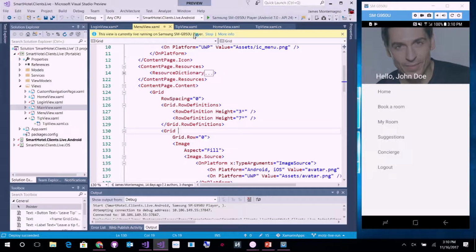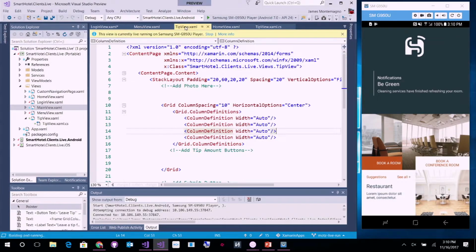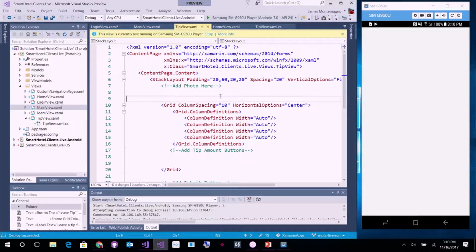So this is my menu view. If I go to my home view, we now have it inside of Visual Studio that it'll automatically change context based on what XAML file you're looking at. So I'm going to go over to this tip screen, and it looks very generic at this point. So what I want to do is put a profile photo. I want to put some message in there to leave a tip, and I want to add some buttons. If you've ever used Lyft, for instance, I want to put some circular buttons that the user can